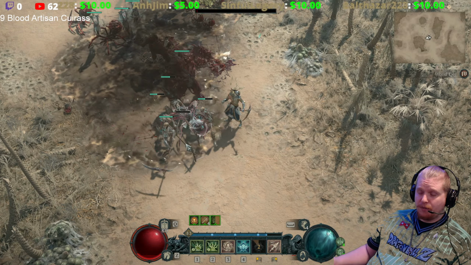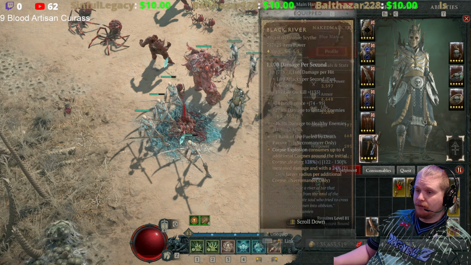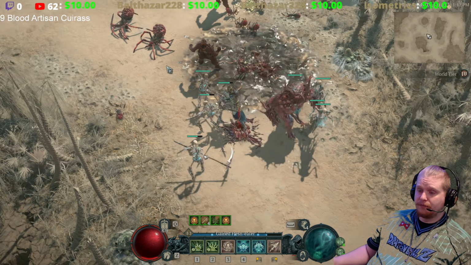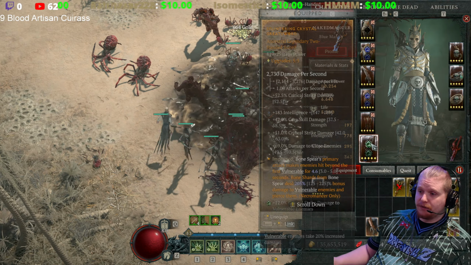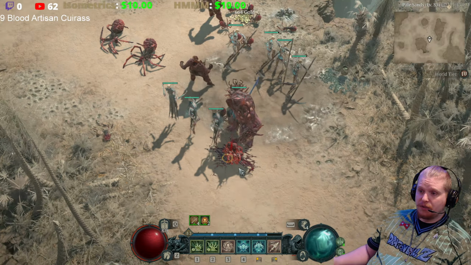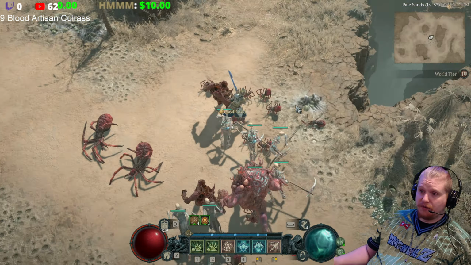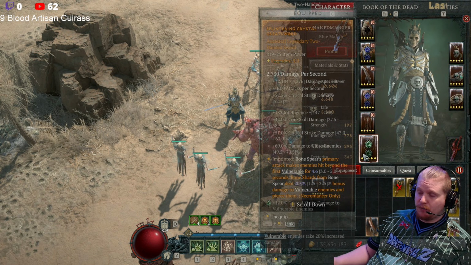So that's with Black River. Let's try it without Black River. So it doesn't really look like the blighted circle is that much larger than the normal. It doesn't look like it's large at all, I'm going to be perfectly honest. So either it's bugged or it doesn't really seem to work with the...